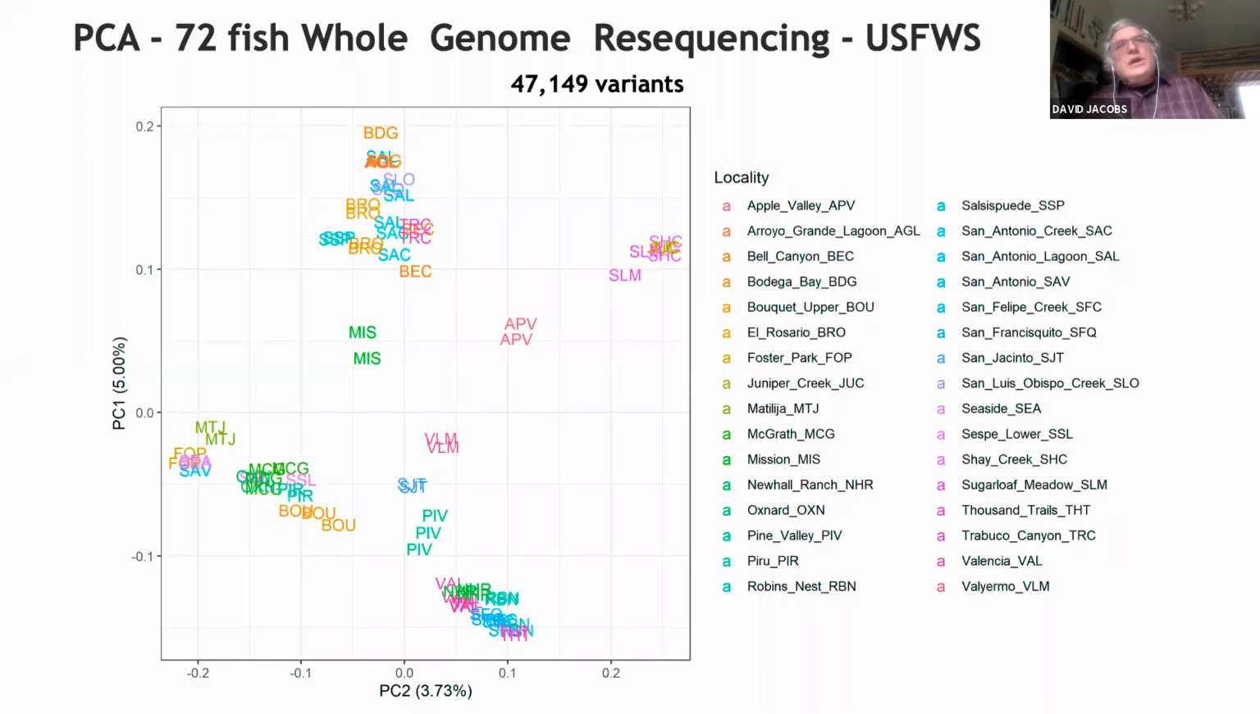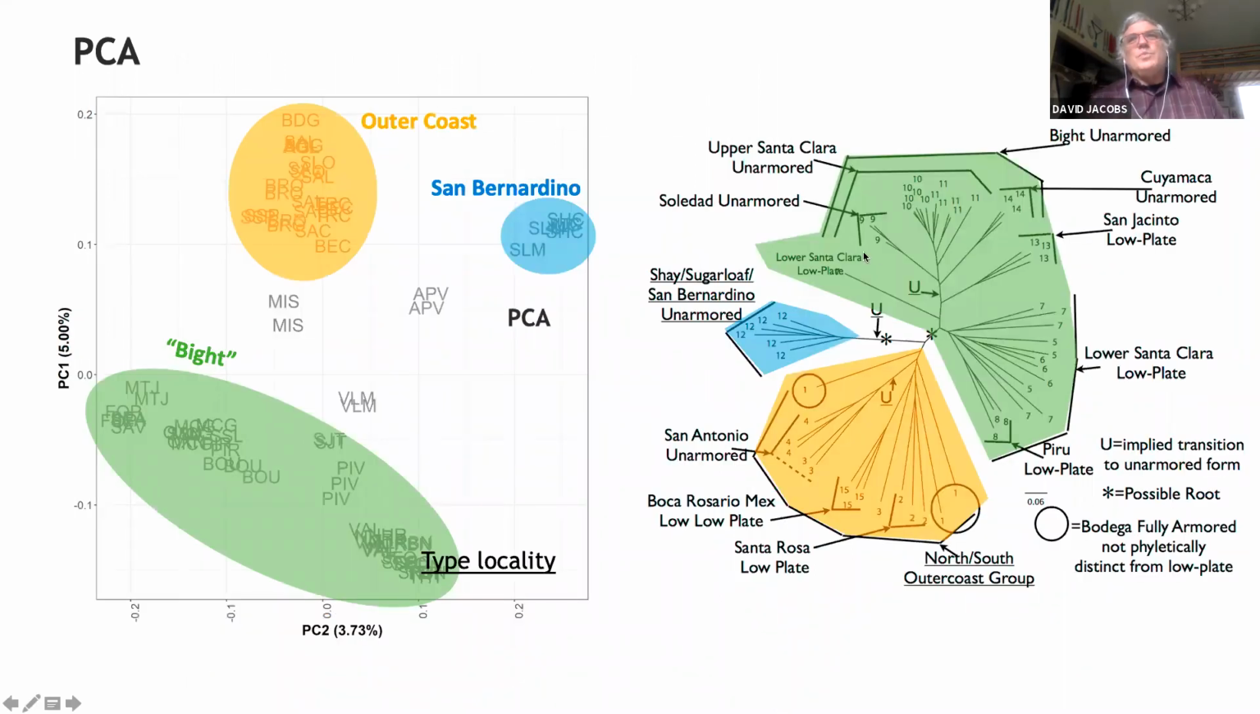In terms of what's going on with these fish, here I'm just showing you a principal components analysis of 72 fish that were whole genome resequenced by our group, my student Rachel Turba and others. And we can see that there are various interesting features here, things spread out in intriguing ways. We have previous microsatellite data that we looked at this with. And what we can see from this is that